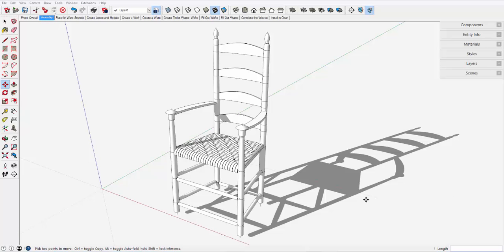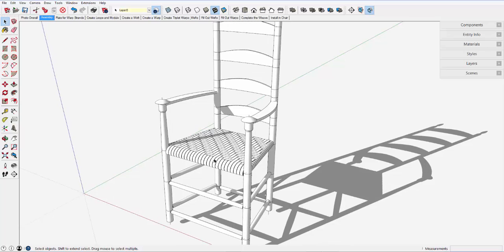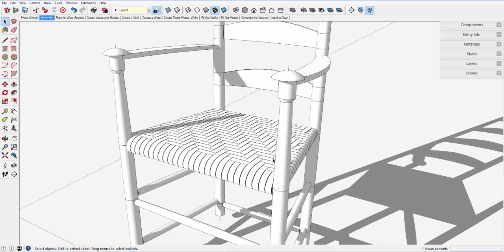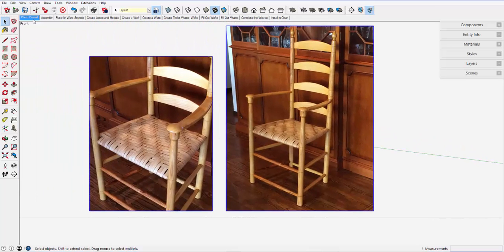I've been building this Shaker Ladderback Armchair in the last couple weeks in the shop. I started out with the model of the chair, but really I had not done the modeling of the seat. And the biggest job in the shop was actually the weaving of this ash splint seat. I cut the ash